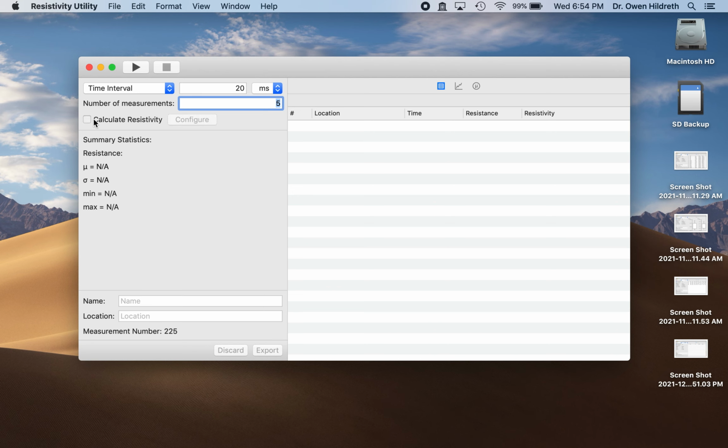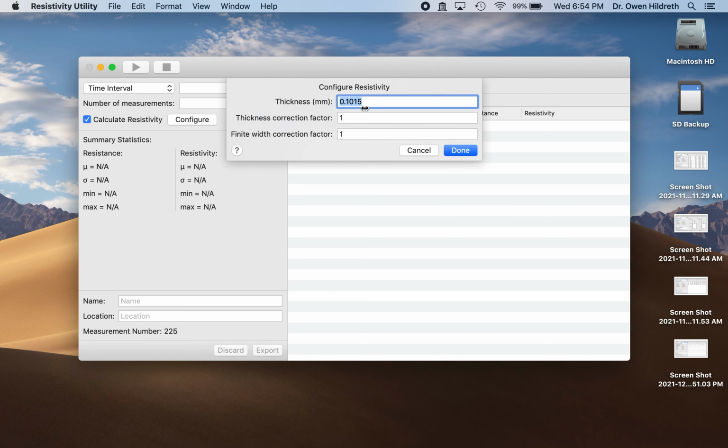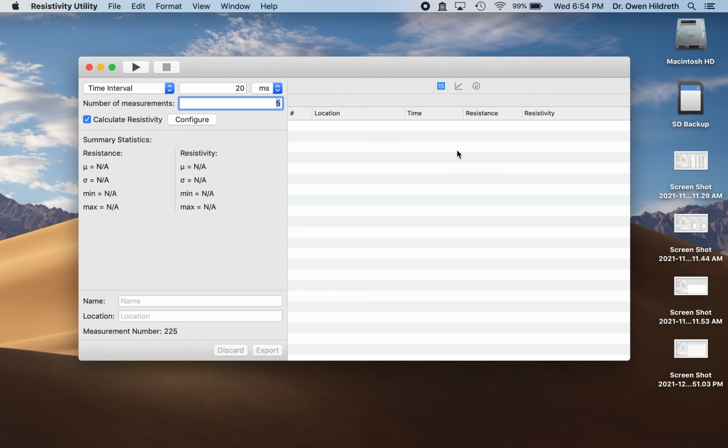If we're to calculate resistivity, we can configure it by telling the system what the thickness is, and some correction factors. It defaults to 1 for this material, for this system, and then we give it a name. This could be demo, and the location is location number 1, and we'll go ahead and collect the measurement. If you're actually looking at the system, you see it collect these measurements. When it's all done collecting these 5 measurements, it'll spit us out